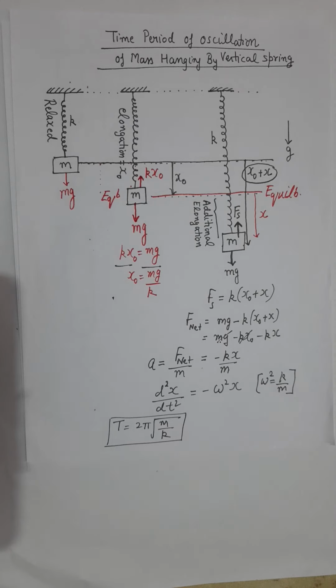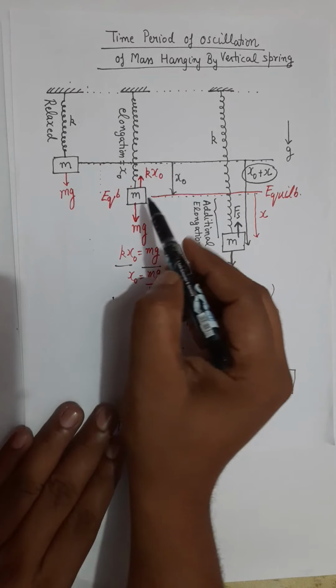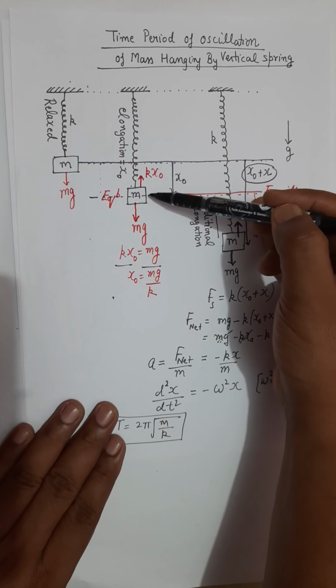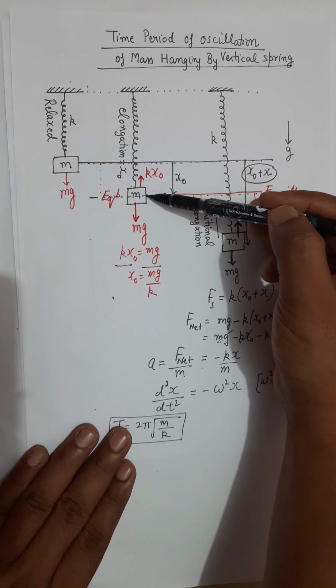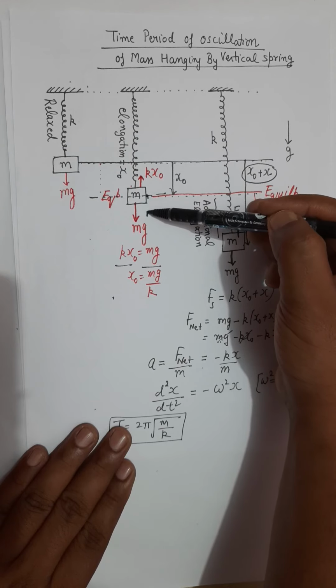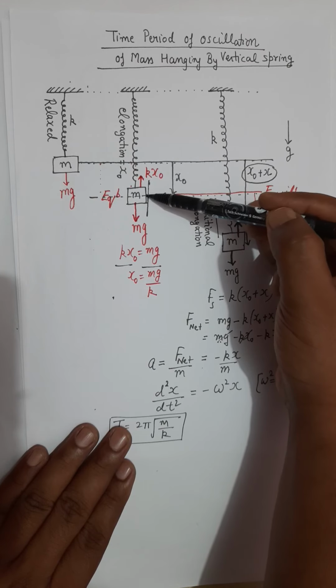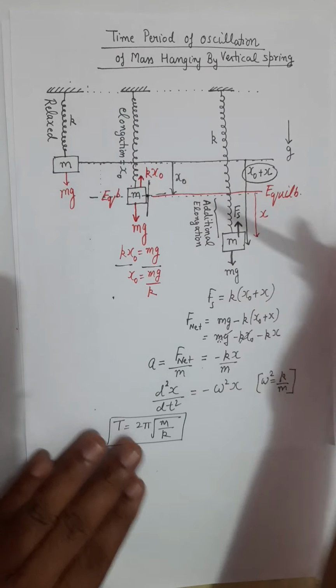Right. The other important contribution because of gravity is that the spring will not oscillate about its relaxed length. Yes, the block will oscillate, but the block will oscillate about this equilibrium point. It will make to and fro motion about this point, which means it will go downward, then it will come back, it will move upward, and it will oscillate about this point. It will not oscillate about the relaxed point.